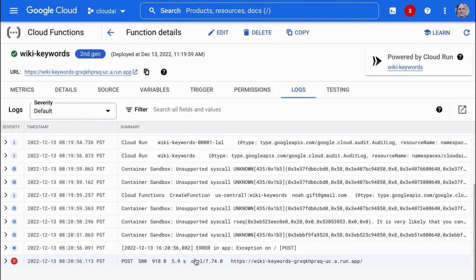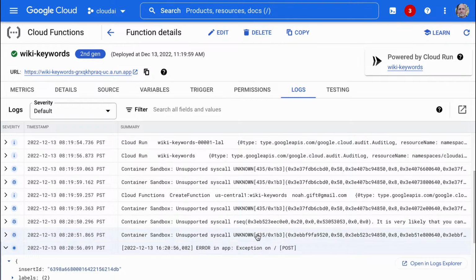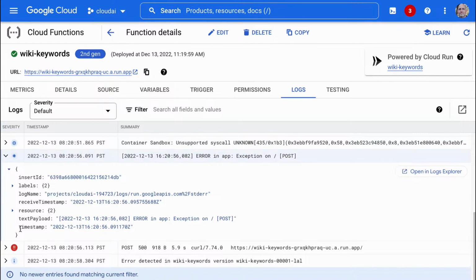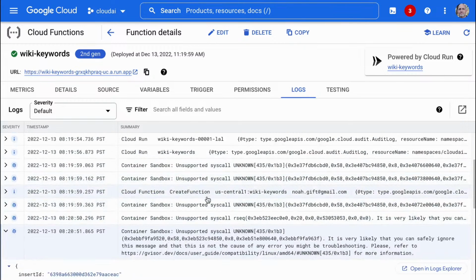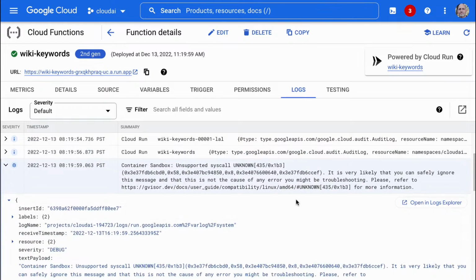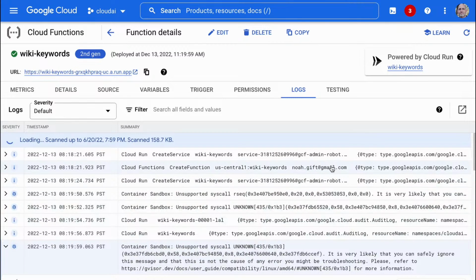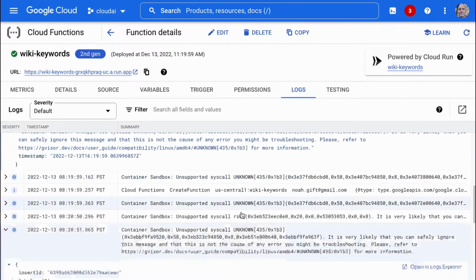Unknown error. So text payload. So it's hard to tell. Unsupported system call. It's very likely you can safely ignore this. Wiki keywords.